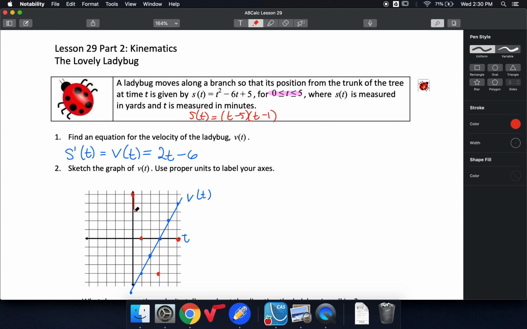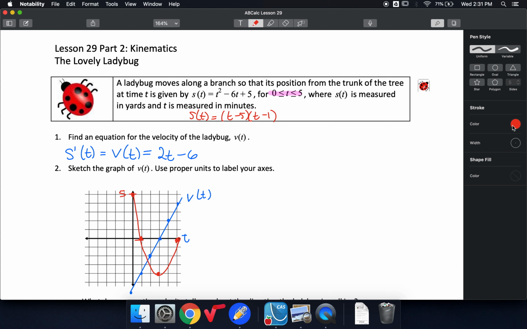So I can make this graph. So I've got part of a parabola there. And again, I'll stop at 5. So here's what my ladybug is doing. She's starting away from the trunk, 5 yards away, and she's crawling back towards the trunk. At this point here, her position is 0, so she's at the trunk. Then she goes past the trunk down another branch to the left. At this point, she turns around and starts going back towards the trunk, and she ends up on the trunk